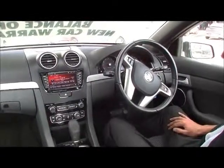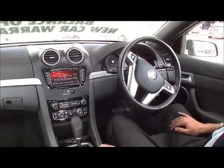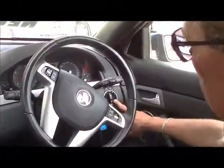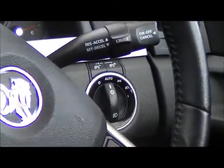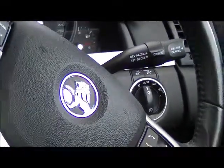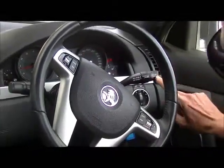Okay, inside the SV6 now, we'll run through a lot of the options that you've got at your fingertips. Starting on the right hand side here, you'll notice our control for our headlights. They are light sensitive headlights, so they will pick up when it's becoming dusk and turn on automatically. Driving through the Burnley tunnel, same thing, on and off automatically as required. All our cruise control, factory cruise control